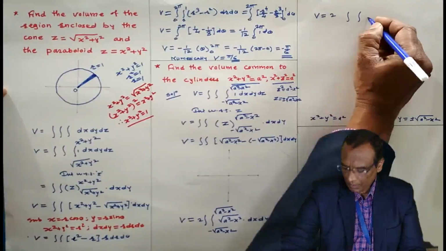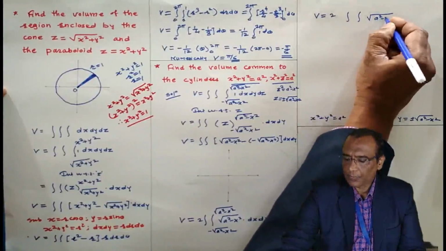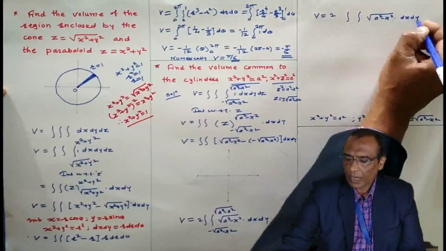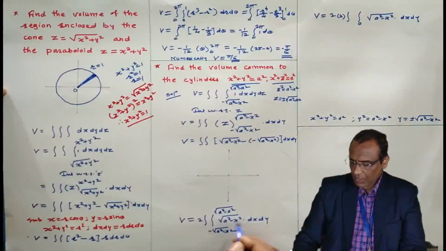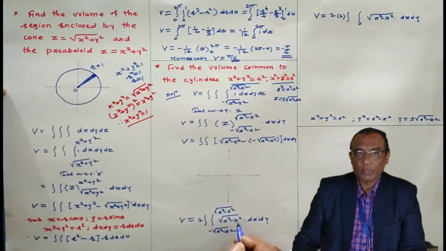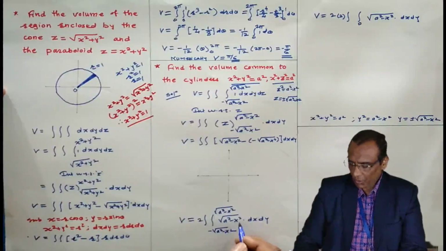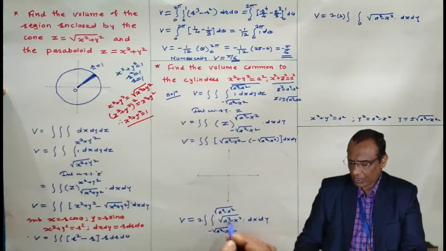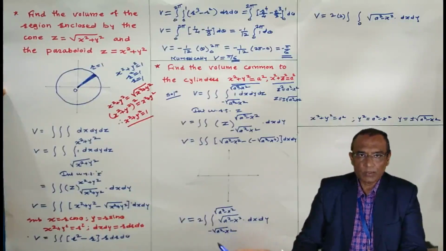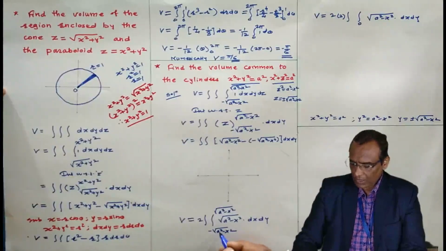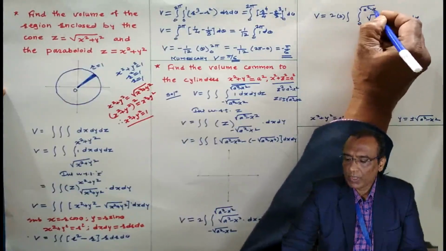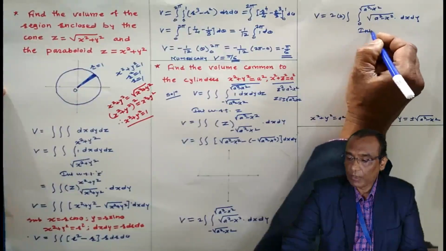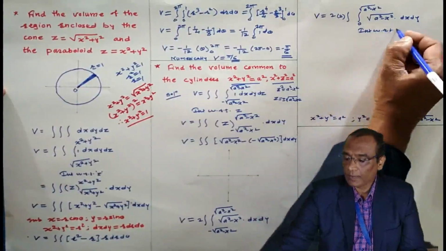Integral of under root of a square minus x square dx dy, and here I am going to write 2 times 0 to this. The a square minus x square root is a constant here because we are integrating with respect to y, and x is constant. The constant function is an even function. Therefore minus this to this can be written as 2 times 0 to under root of a square minus x square. Don't forget that we are integrating with respect to y, keeping x constant.